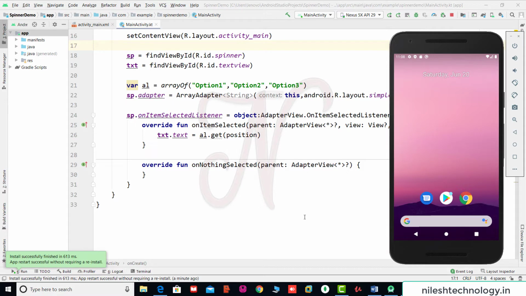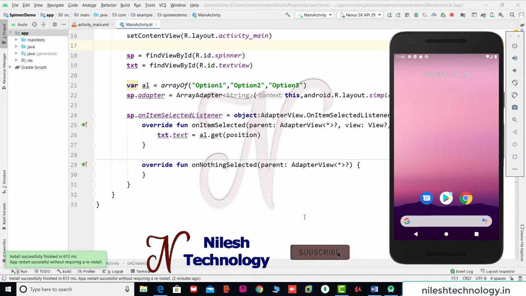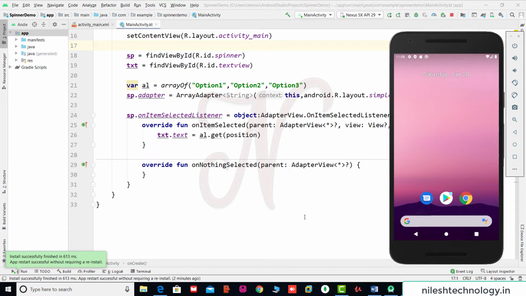In the previous video we saw the spinner and its event. In this video we will see the autocomplete text view and its event. Android autocomplete text view completes the word based on the reserved words, so there is no need to write all the characters of the word. It is an editable text field that displays a list of suggestions in a drop-down menu, from which the user can select only one suggestion or value. It is a subclass of the EditText class. So let's see one example.